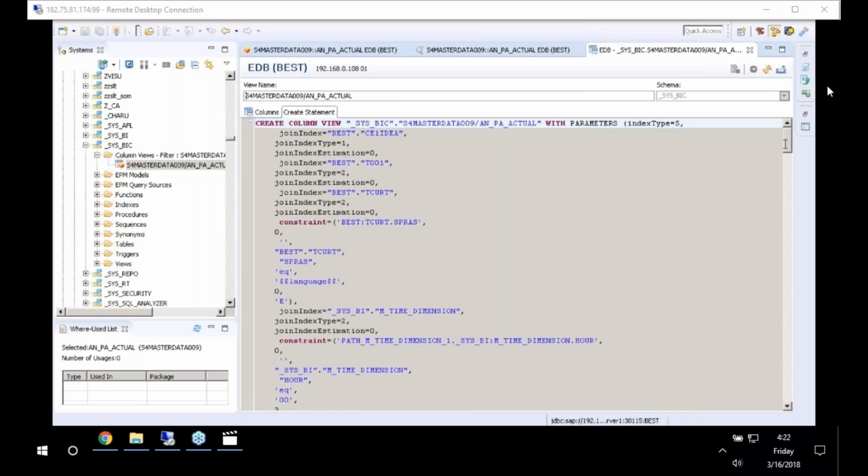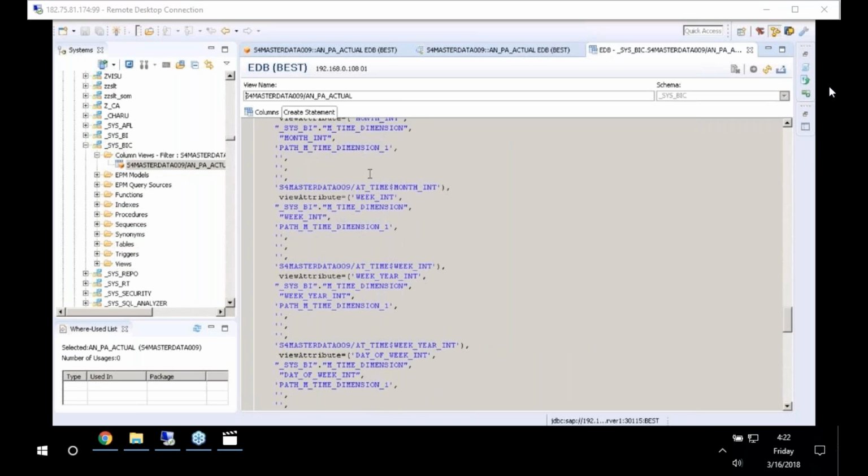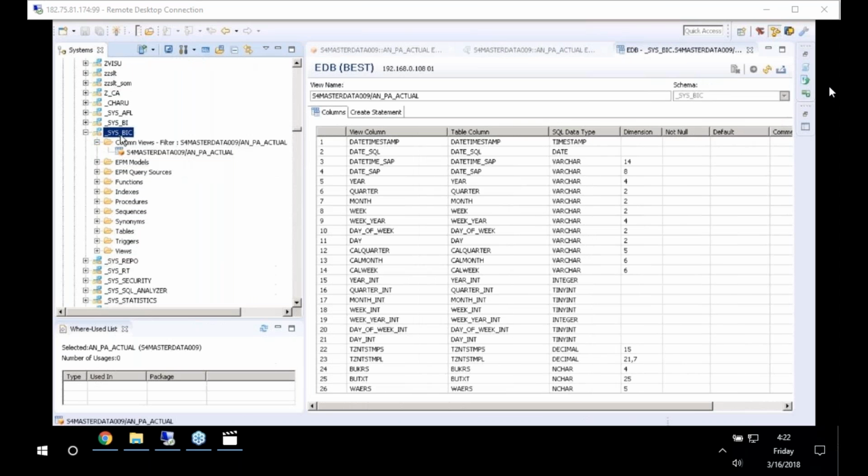Who generates this code? This code is generated in the backend. Now this code is nothing but SQL script. Whenever you create a data model, this code is automatically generated in the backend. Now the point here is, why do we require underscore sys underscore BIC? We require it because